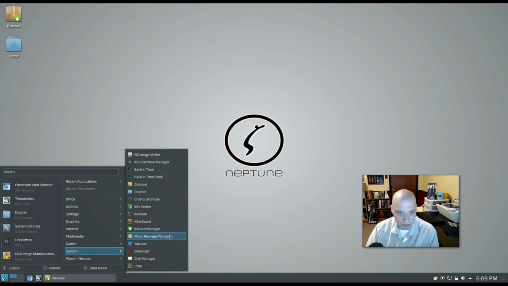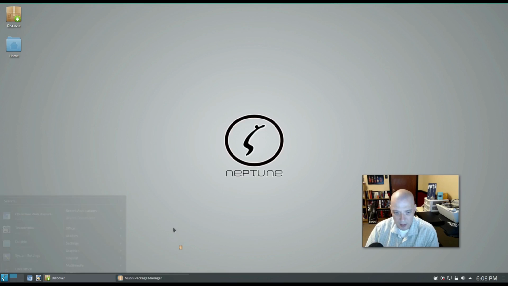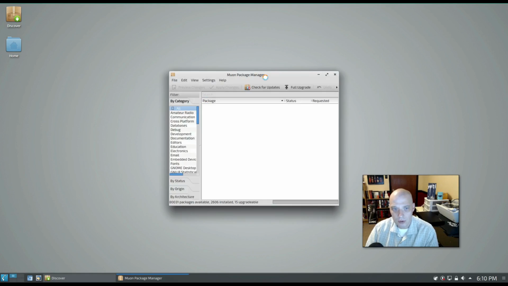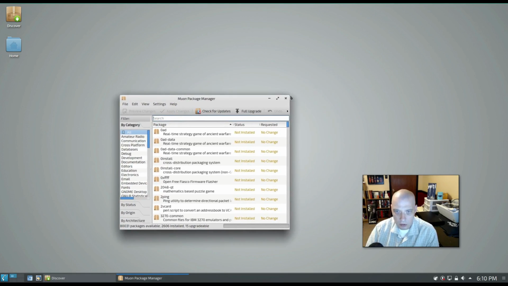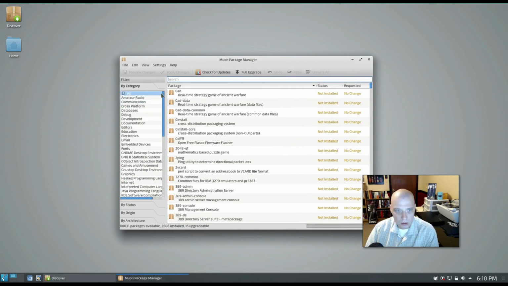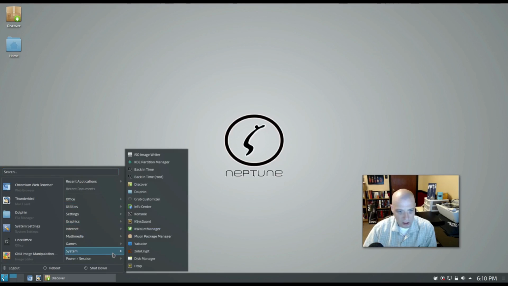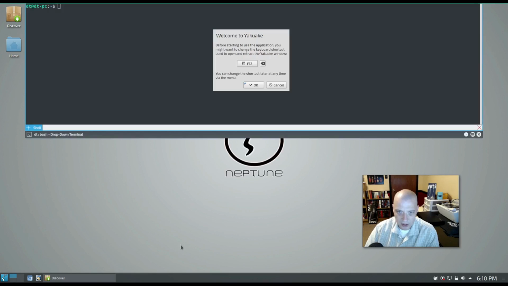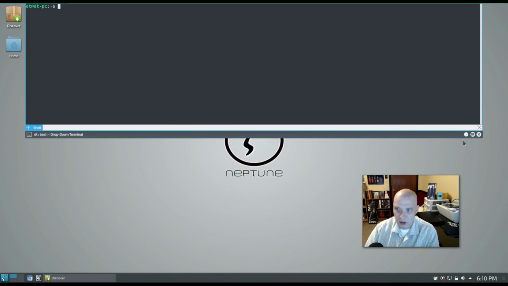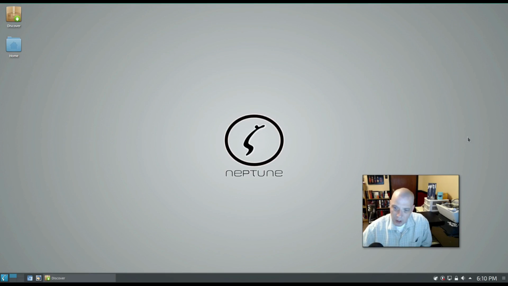Alright, also under System, K-Wallet Manager, we have the Muon Package Manager. Okay, so another package manager. Very similar to something like Synaptic. You can search by category, or you can actually search if you know the package name. Alright, and finishing out the system category, we have Yakuwaki, which is a drop-down terminal. It is hotkeyed to F12, so we have this terminal here. If I hit the close button, now that drop-down terminal is still running. If I hit F12 on the keyboard,